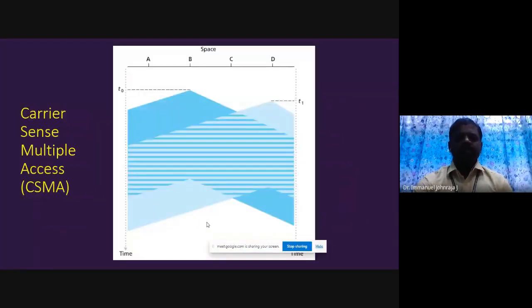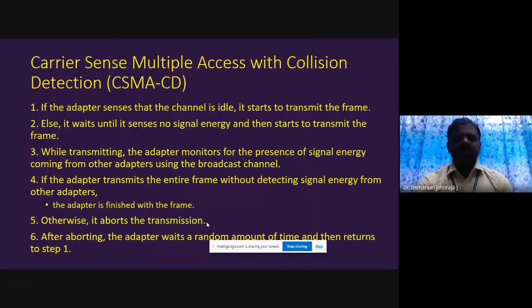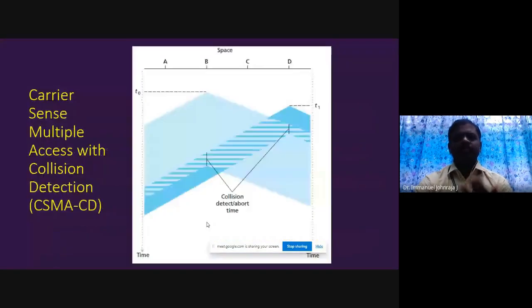We have spoken about how detection happens in carrier sense multiple access, which is an improvement on that. Before you start sending data, you better check the carrier. We call it sensing the carrier. If it's free, you send it. Otherwise, don't. That is carrier sense multiple access. A minor variation is collision detection. If you detect a collision, abort your transmission, wait for a random amount of time, and then send it.